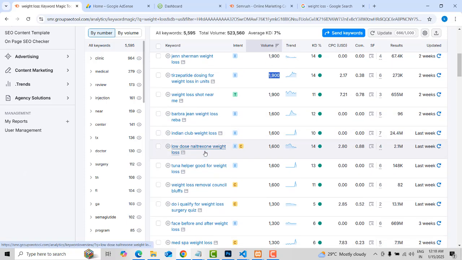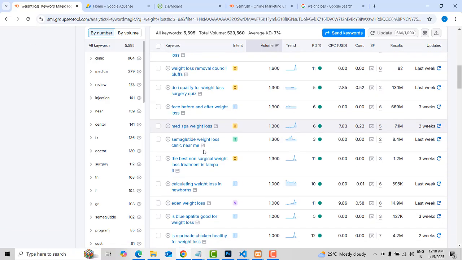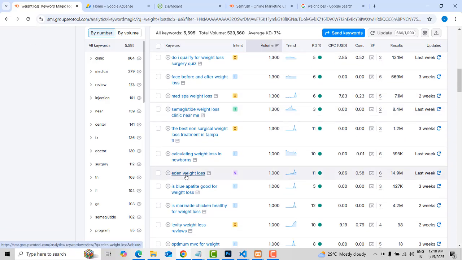You can get the short tail keywords here. You can bring 2 or 3 short tail keywords and put them into the articles. You can get at least 4 long tail keywords and put them into the articles. You can find it over here. This one has a monthly volume of 3,000. You can take these keywords and use them as your short tail keywords.